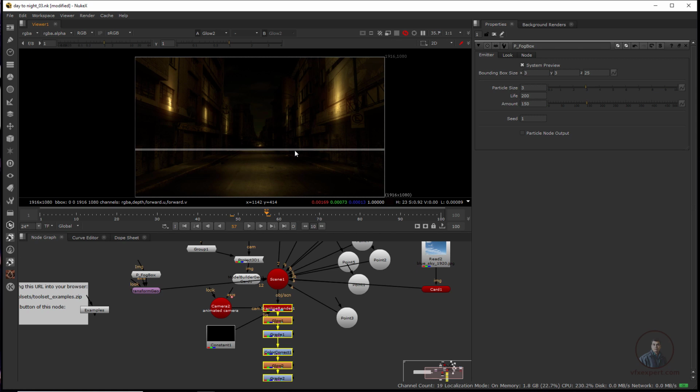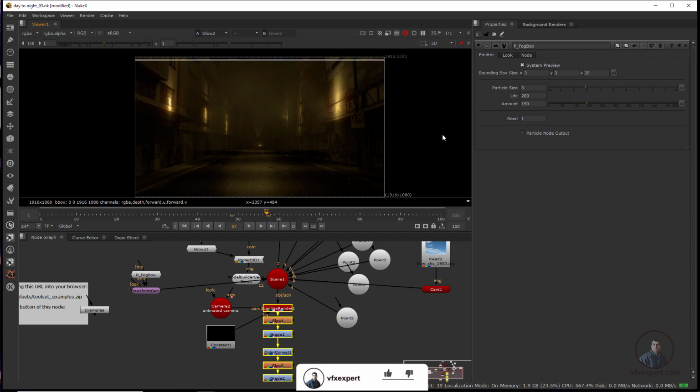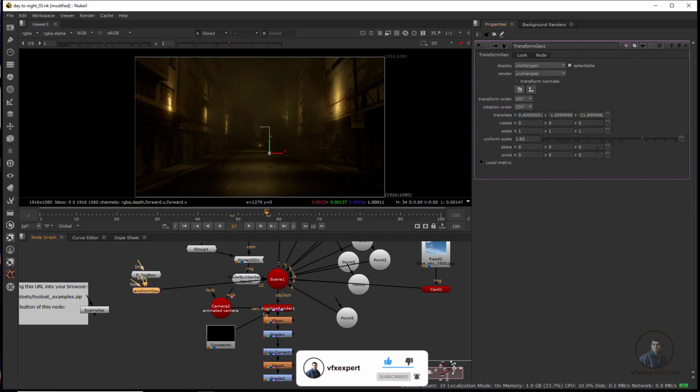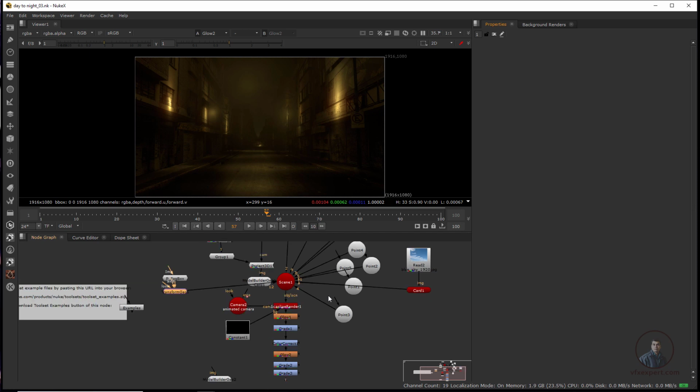Now press tab again here. I think some fog is visible here, so you totally have to adjust all these values. Okay, now Control S. The remaining things you have to adjust according to yourself.